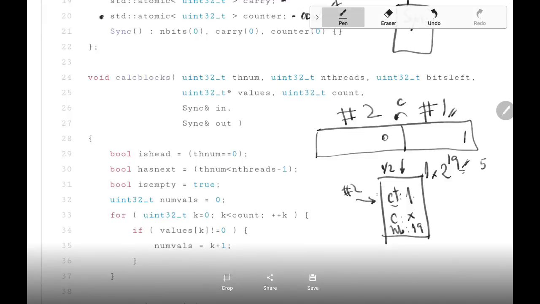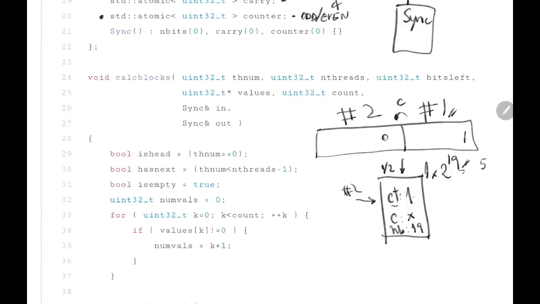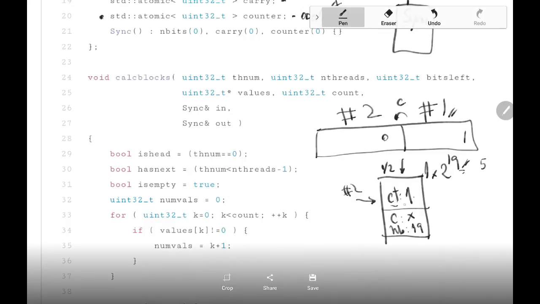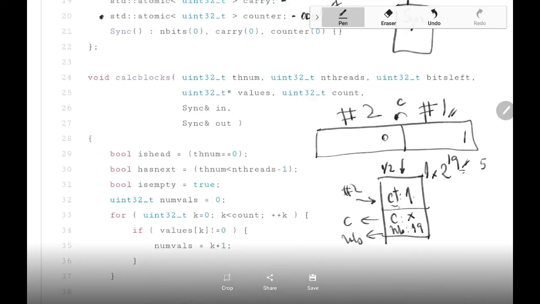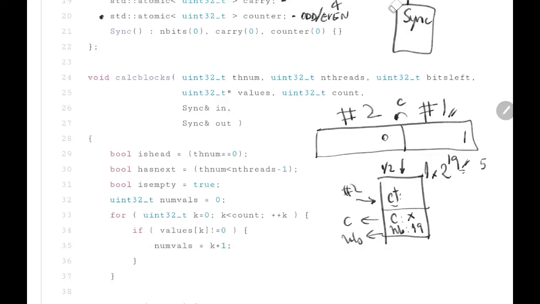Thread number 2 knows when this counter becomes an odd number that it can access the rest of the structure. So what it does, it reads the carry and the number of bits into its own memory and increments the counter again. It becomes 2,